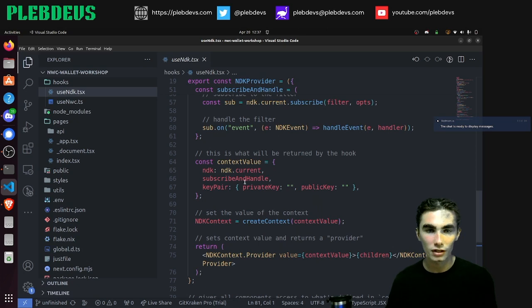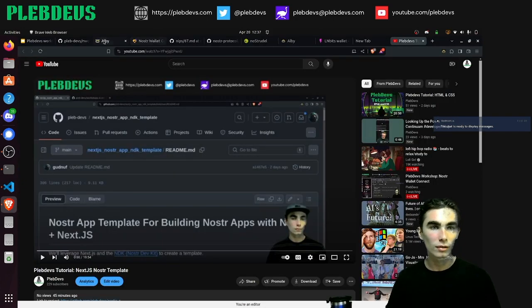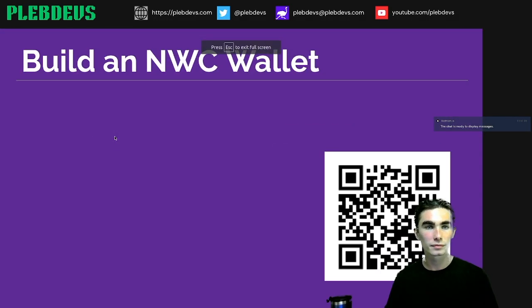You can see in the unfinished product, we're just setting our private key and public key to empty strings. What we need is a key pair for our wallet, because remember, the wallet needs to give its apps the public key of the wallet, and the wallet itself needs to have its own private key. So back in our slideshow,